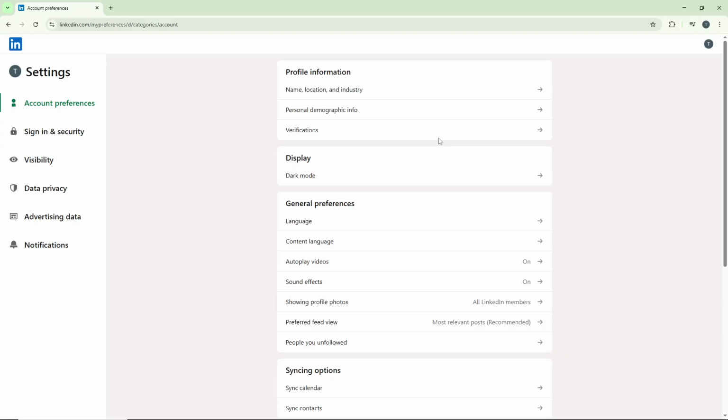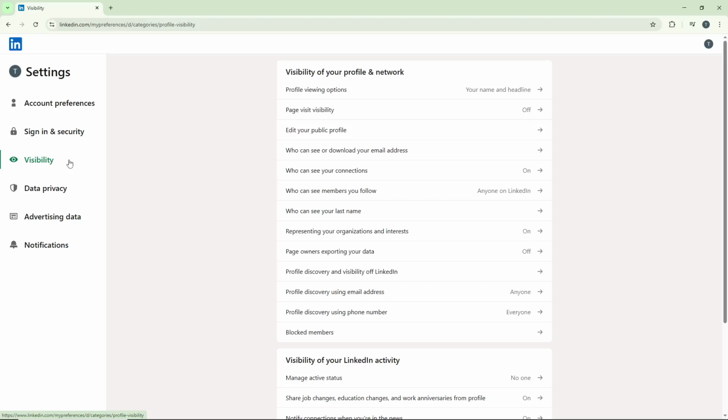Now that you're in the Settings and Privacy area, look over to the left side of the screen. You'll notice a sidebar with different categories. Click on Visibility. This is the section that controls who can see your LinkedIn activity and how people can interact